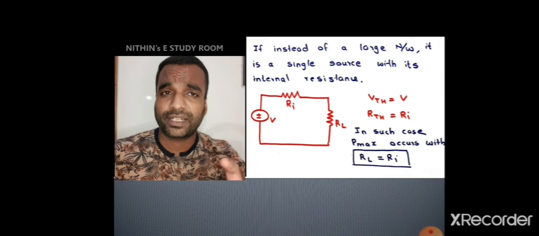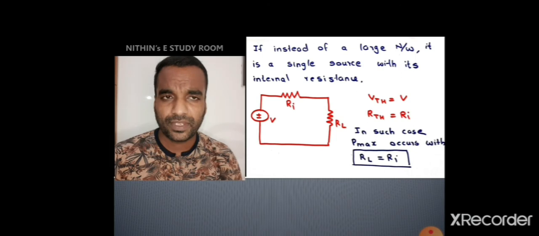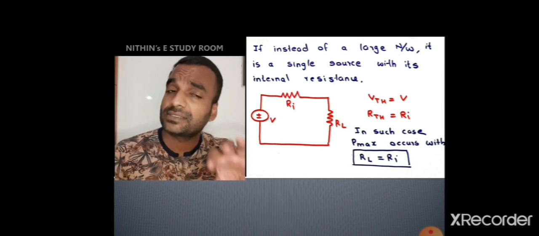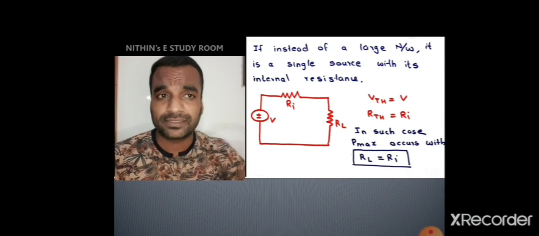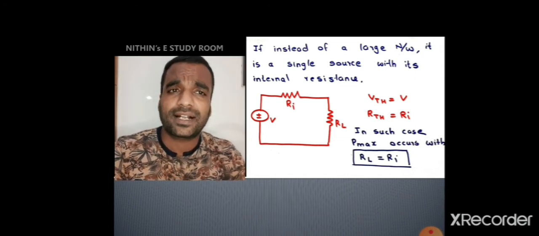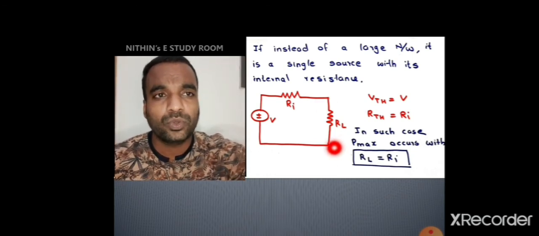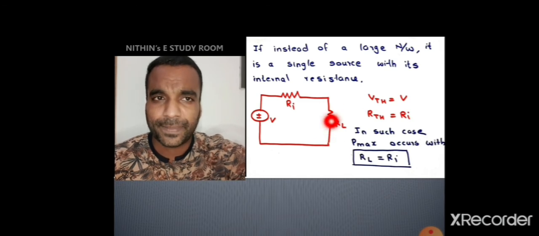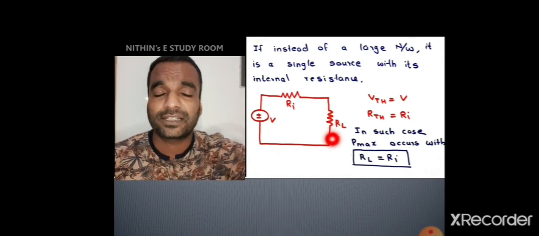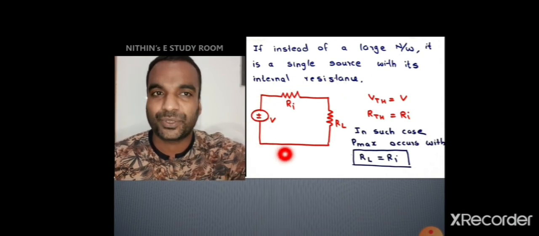Okay. And what is V Thevenin? V Thevenin is the voltage that appears across the open circuited load terminals. Is it clear? In case of this circuit, you don't need to calculate the V Thevenin, because if this RL is opened or removed, what happens? This circuit is an open terminal circuit, so no current will pass in this circuit. The circuit remains like this, only like a C-shaped circuit. It is open circuited, no current will pass.